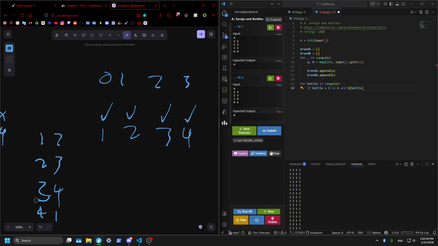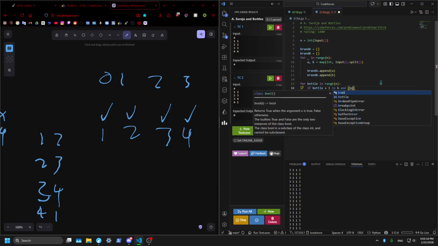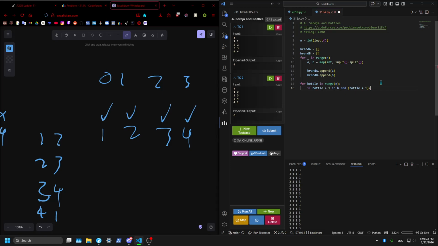Bottle plus 1 in B and brand B dot index bottle plus 1 does not